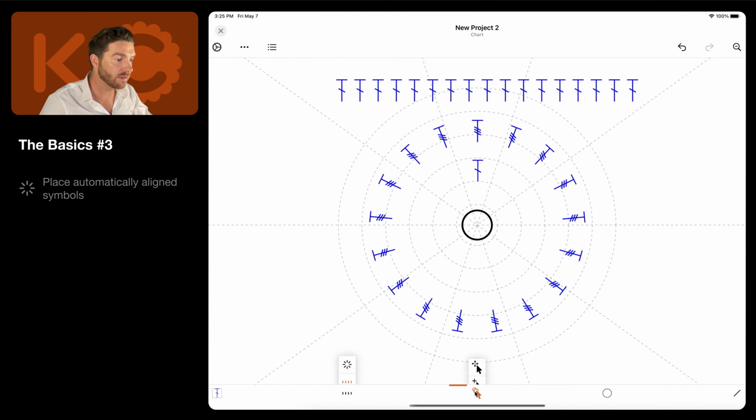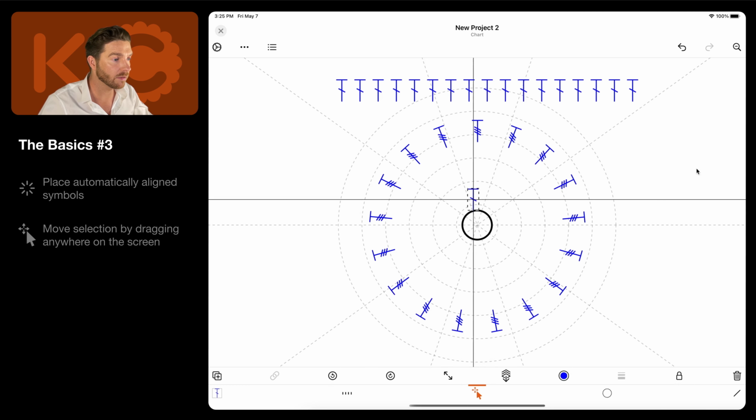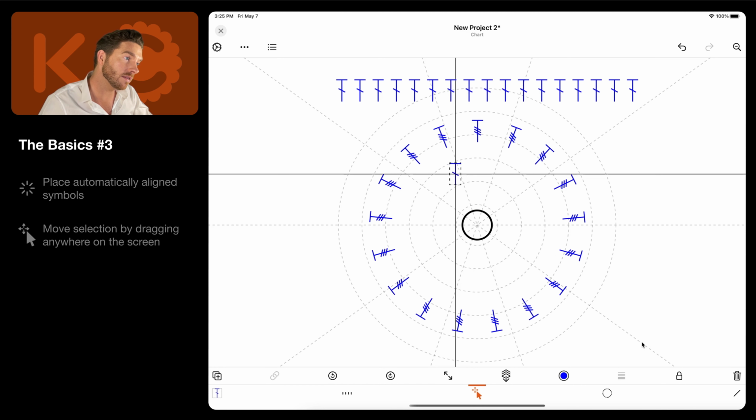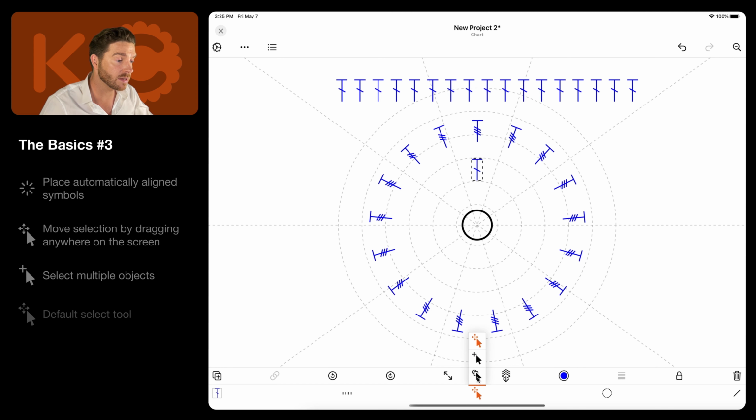Next, the selection tool. You have a few options here. The first one is to select a symbol and then move it by dragging around anywhere on the screen. So let me show you how this works. If you select this symbol, now you can drag also completely on the right or something just to move the symbol around. So this makes it easier if you want to place symbols on a precise location without obstructing them with your finger. The plus is just for selecting additional symbols, and this is just the default selection tool.